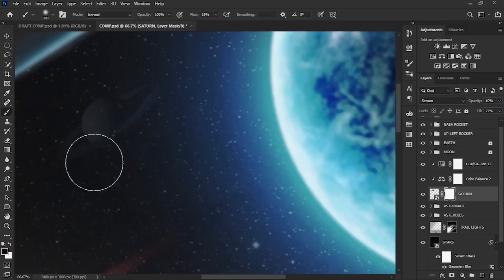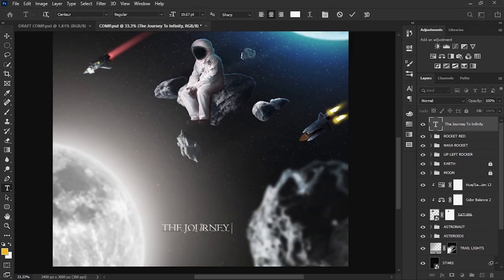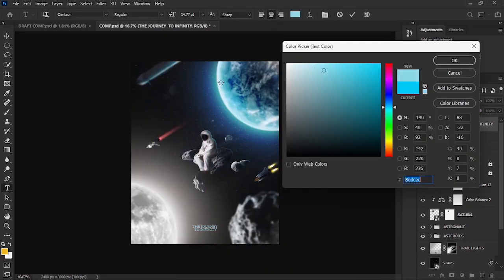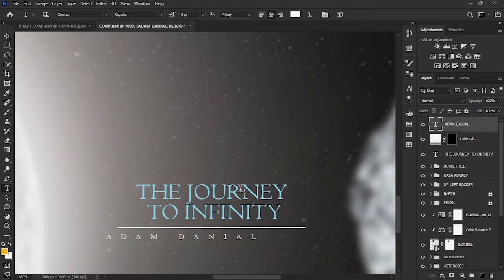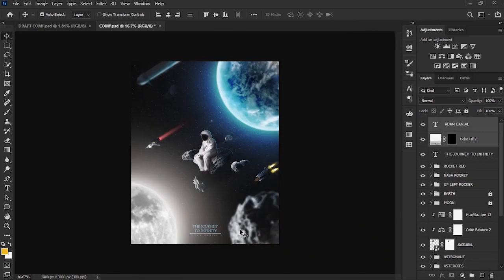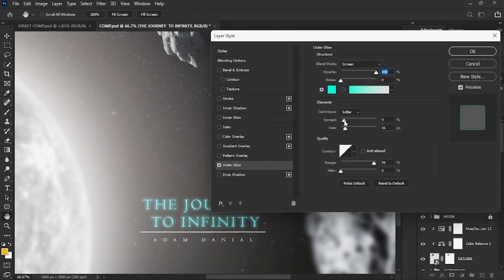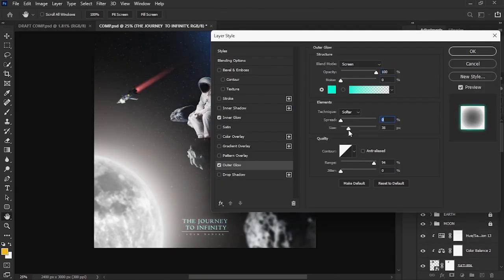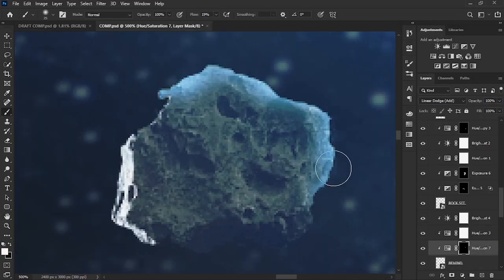I added the stars to give it more depth, and more glow.